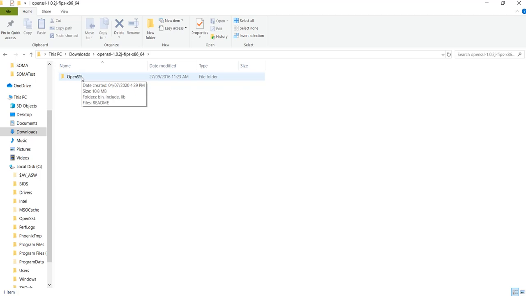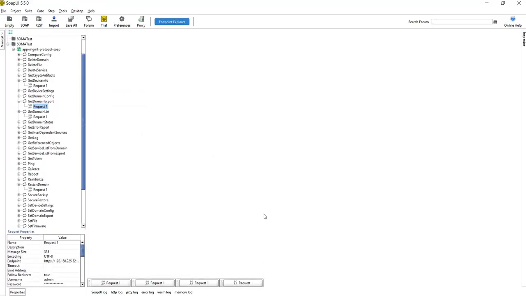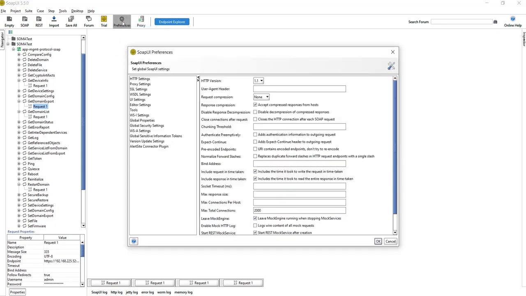Actually, OpenSSL will help you to create the .p12 file, or the .key file, and Java will help you to create the .jks file. The .jks file will help you if you want to test your HTTPS handshake with DataPower. To perform that SSL handshake, we need to import the JKS file, or we can import the p12 file as well, into your SOAP. So let's move to the first step.